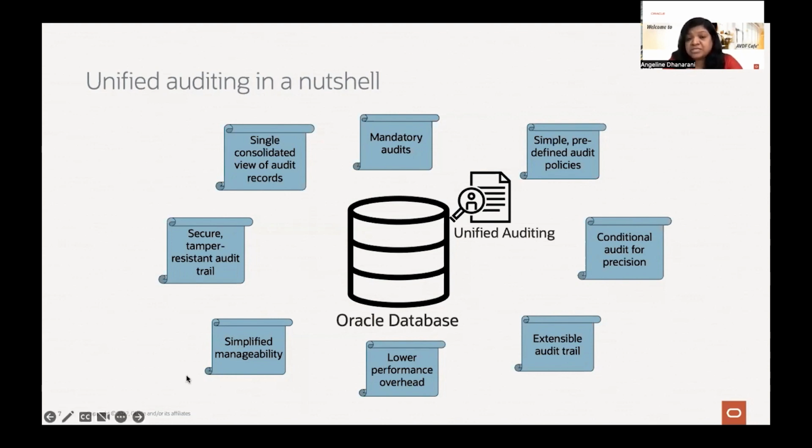And I have a slide talking about the performance improvements, like a couple of instances where the customers shunned away from using the traditional audit. They have gone back to reevaluate the Unified Audit. And I'm glad to see that many of them are happy after adopting the Unified Audit in their environment because of the much performance improvement gains that they have noticed.